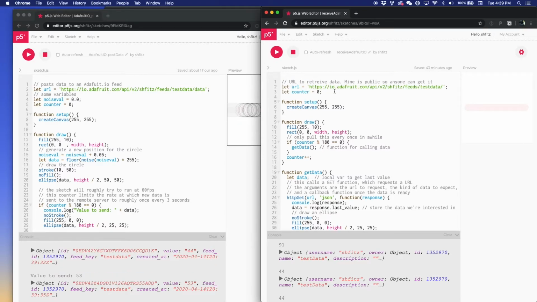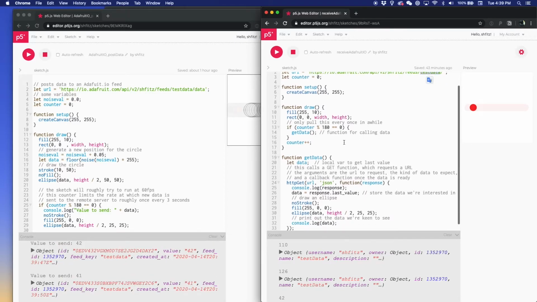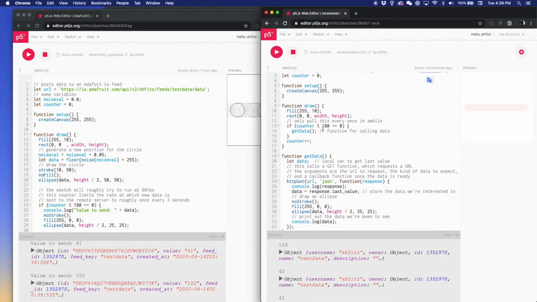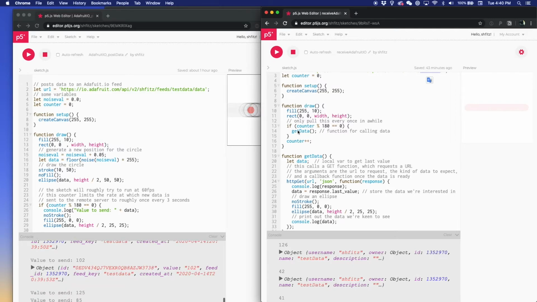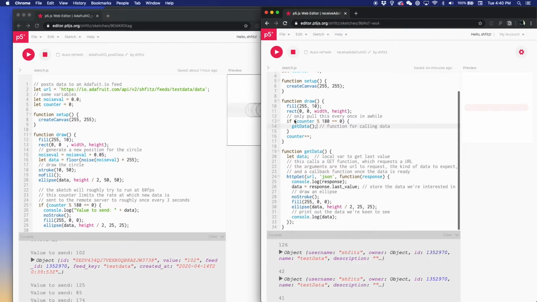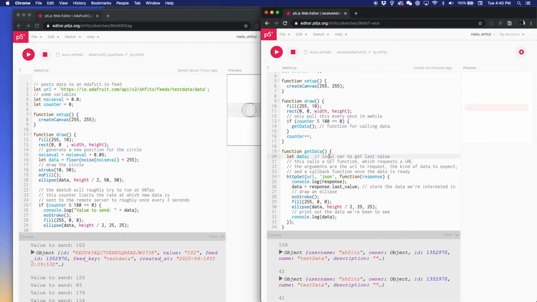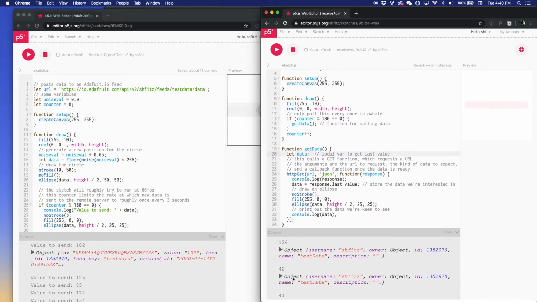So here we can see I've got a URL to retrieve the data. It's slightly different than the post one. Here we don't actually say data, we just ask for the feed itself, right? And then inside of my draw function, I'm just saying every 3 seconds or so, call the get data function. So if we go back down to this get data right here,